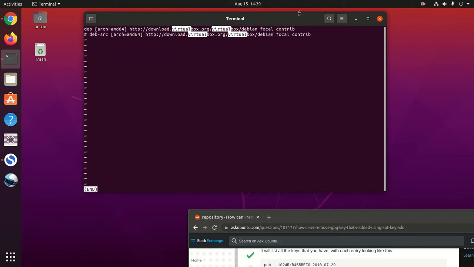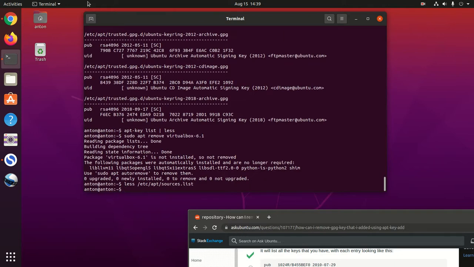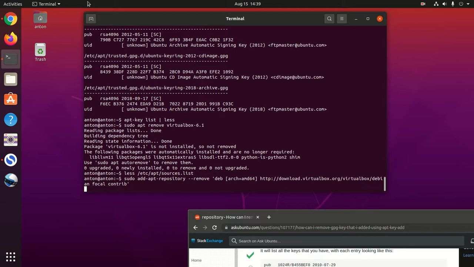I'm going to go ahead and get the name of the repo here, and I'm going to run sudo add-apt-repository --remove. Pass that in. And now if we tail that repo again, I need to do 2 commands up. The first one